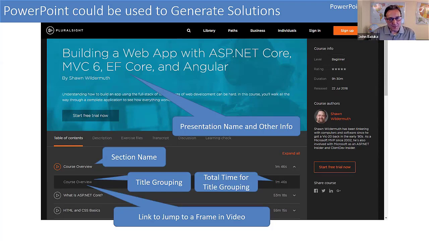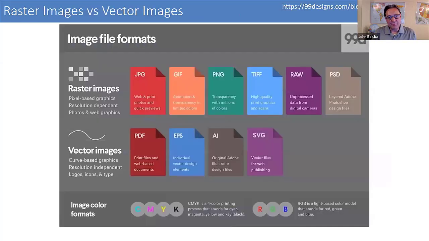But to share a little bit more of what I discovered recently, of the different images out there, and this has really nothing to do with what I've been talking about with PowerPoint so much, but it's more about how we're creating images nowadays. When you're creating images, you're thinking of JPEGs, GIFs, PNGs, TIFFs, which are referred to as raster images. We have these vector-based images, in particular SVG, that really should be considered more. An SVG image